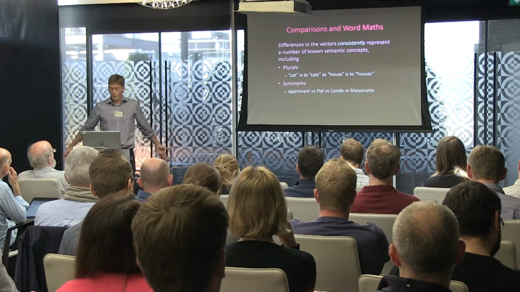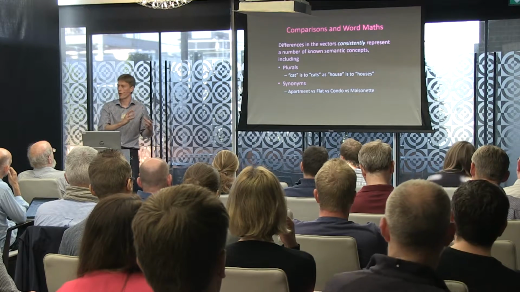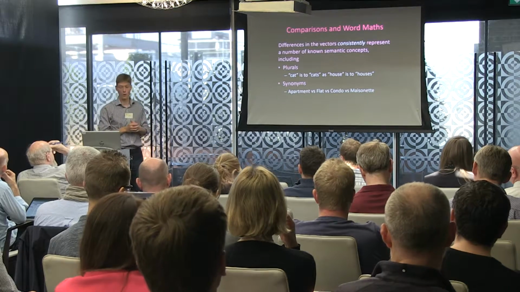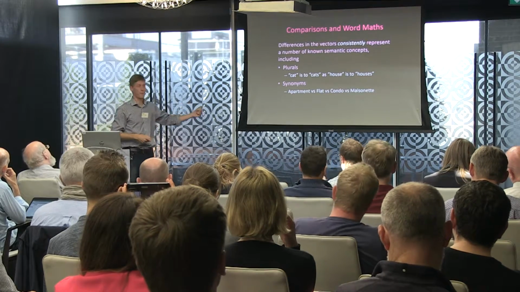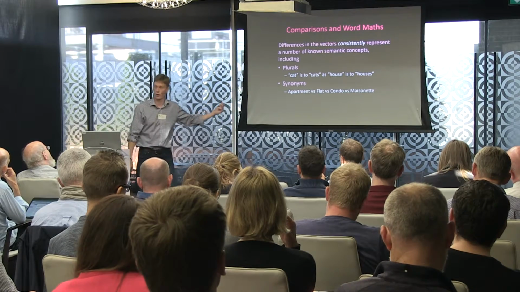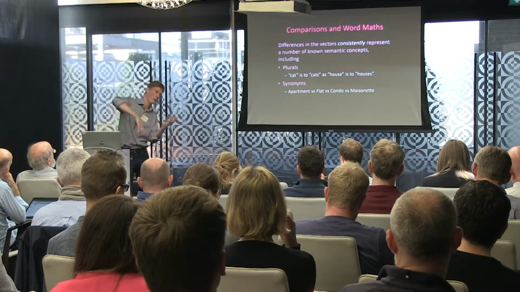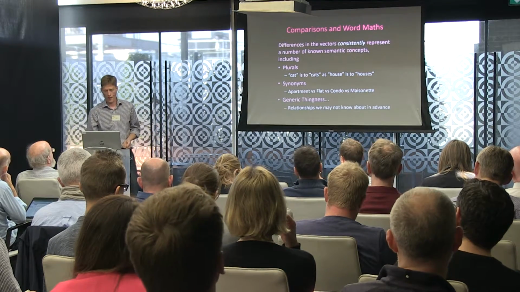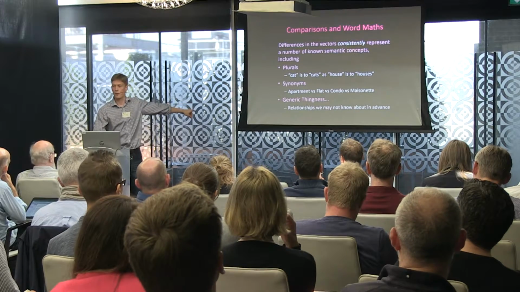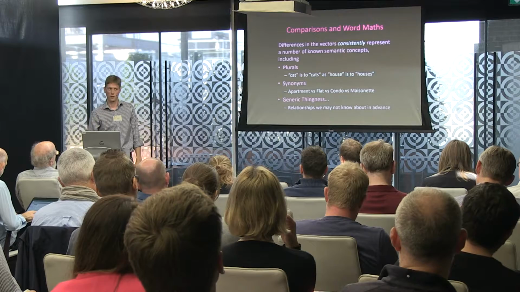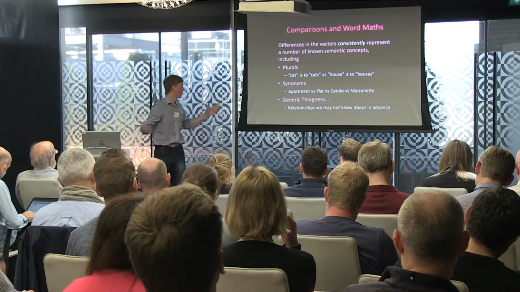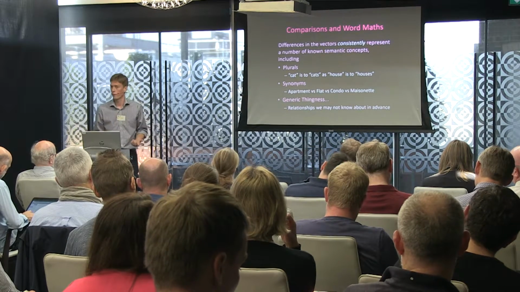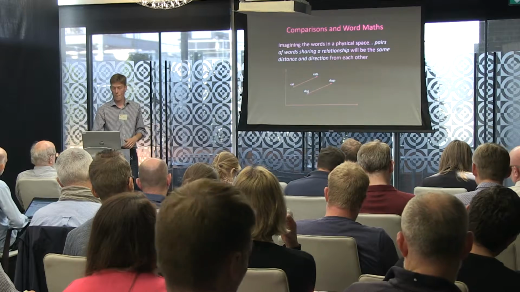You can learn synonyms, or approximate synonyms. Because it's pulling out these characteristics of how words are used, it can spot that an apartment may be the same as a flat, depending on which country you're in, versus a condo, which is not quite the same thing, versus a maisonette, which is again not quite the same thing, but they all share a bunch of characteristics, and it can pull those out. And more importantly, it can find relationships that we haven't thought about either. These relationships we know about, plurals, we know about synonyms. It might catch things that are related where we had never thought about the relationship. Maybe we can see it afterwards.